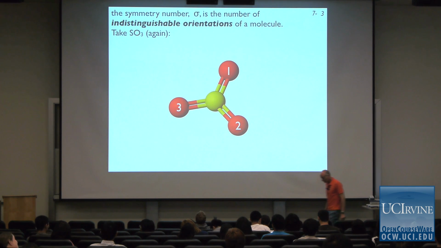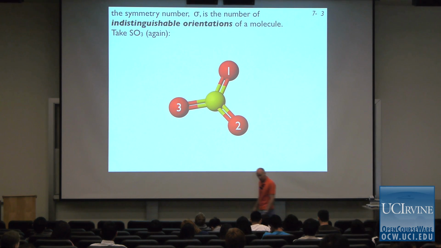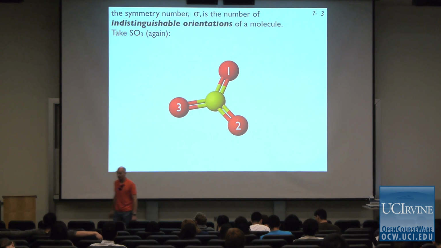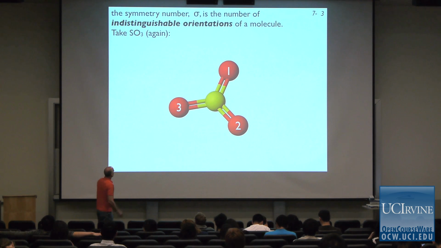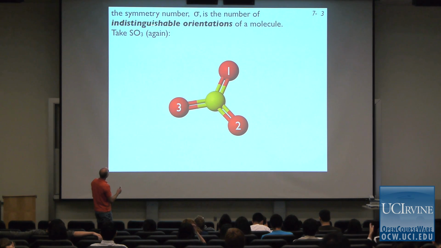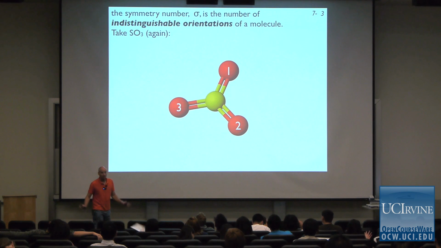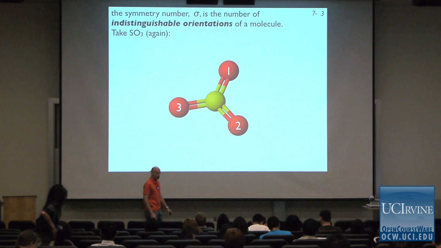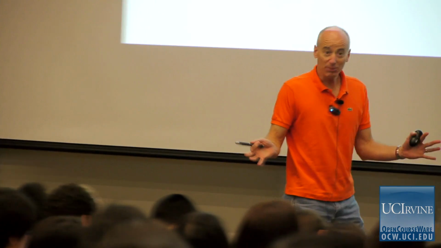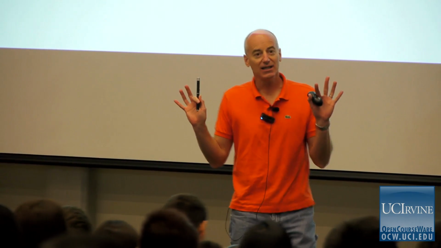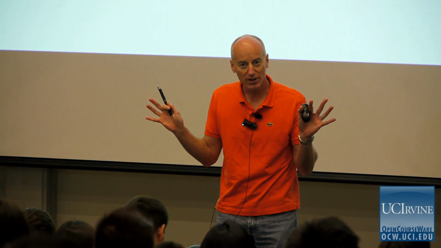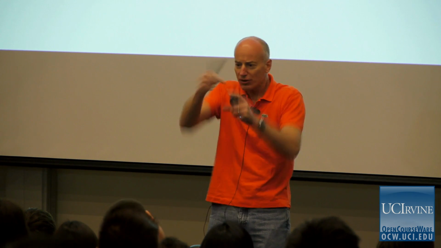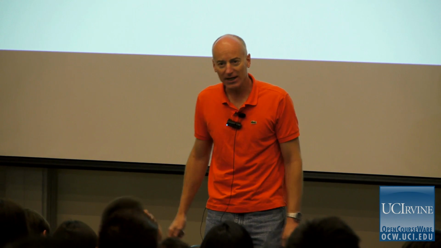Okay. So we were talking about the symmetry number on Friday. This is a confusing topic that isn't discussed very much in your book. All it is, it's the number of indistinguishable orientations of a molecule, period. So for simple molecules, you don't need any fancy thought process to discover what the symmetry number is. You can just take the molecule, label the atoms, turn it around, and figure out for yourself how many indistinguishable